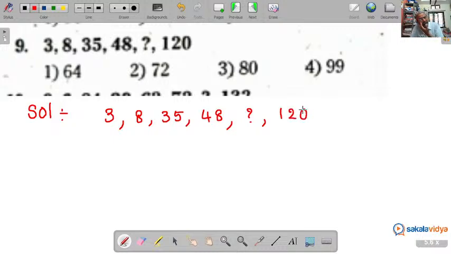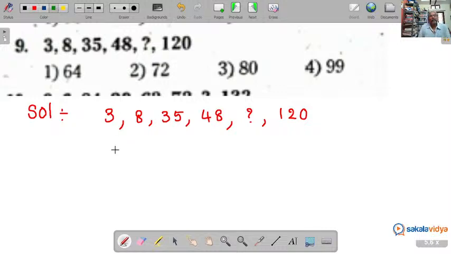It is an increasing pattern. The number series is given in the increasing pattern. Rapidly increasing means we need to make use of either squares or cubes. So 35 is 36 minus 1, you can write, right? This is 49 minus 1. This will be 9 minus 1. This will be 4 minus 1. Okay, now it has been cracked.